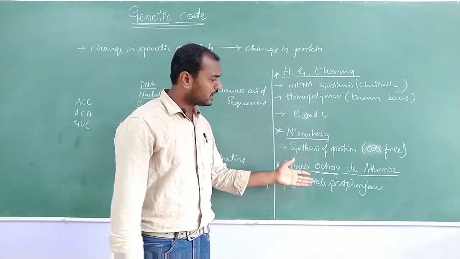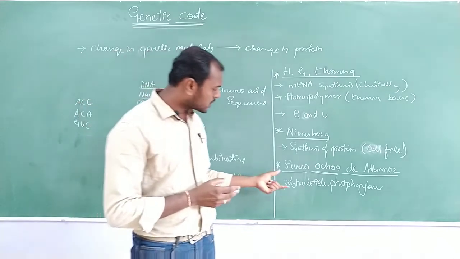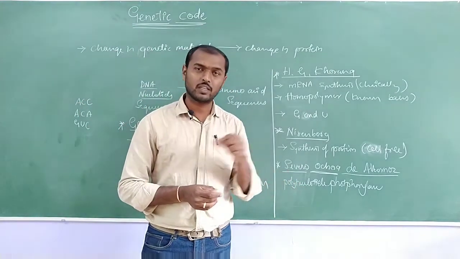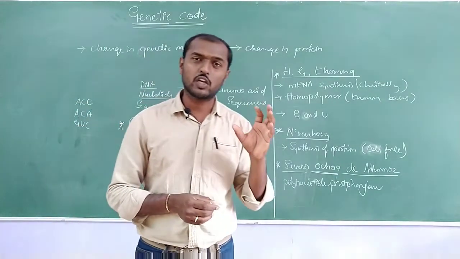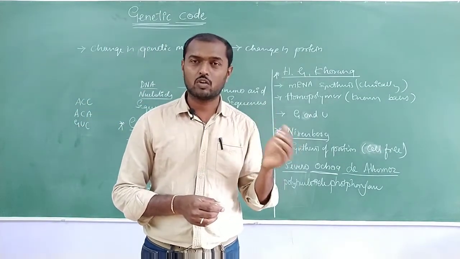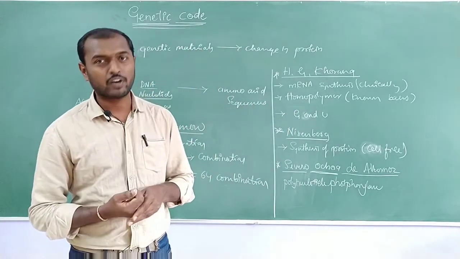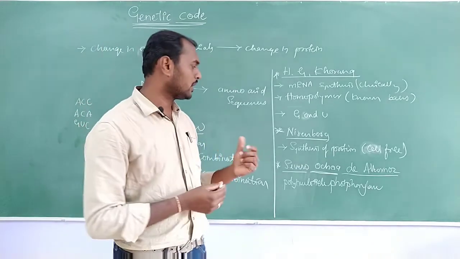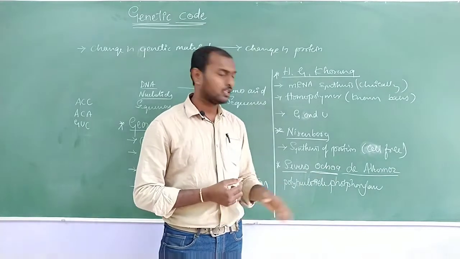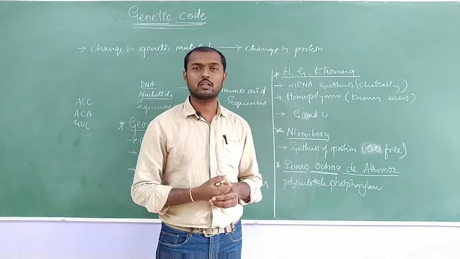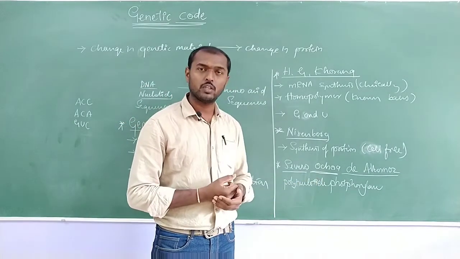So if you ask what work this enzyme does in the genetic code, it is also going to play a very interesting role. Actually this enzyme is going to do one thing, that is, it is going to help in understanding the genetic code, or the degradation of the mRNA which is having the polarity of 3' to 5'. In case of bacteria, prokaryotic, this enzyme has a special purpose. So it is going to degrade the polynucleotide of the mRNA.